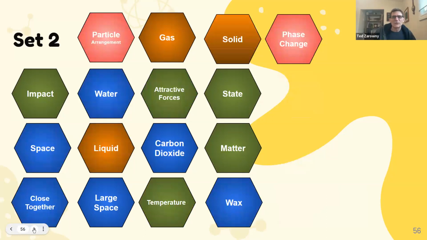The difference between the 2 sets is that one focuses a bit more on the movement and the speed, and the other one focuses on the position of tightly packed or spread apart. Some of the ideas are similar. So at the end of the day, when you ask the 2 students to come together and put them together into one big group, they can eliminate some of those along the way to create one big understanding, hopefully explaining the understanding that was in the question that was put forward to them.